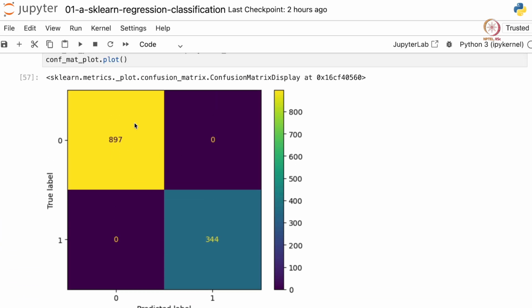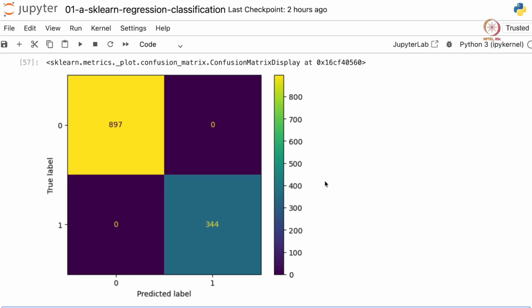So this is basically our confusion matrix for our training data set. We see there are no wrong predictions. This is usually a red flag, and we'll learn more about why this is a red flag. But for now, let's see how this model performs on the test set. So on the train set, it is perfect. It predicts all zeros as zeros and all ones as ones. It does not predict any 1 as 0 or any 0 as 1. So these off-diagonal boxes are zeros here.